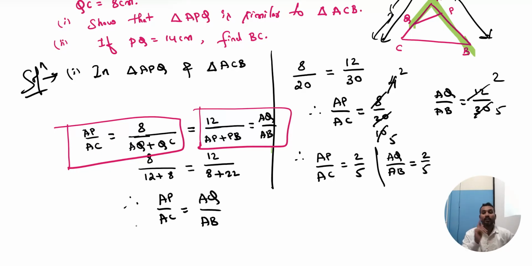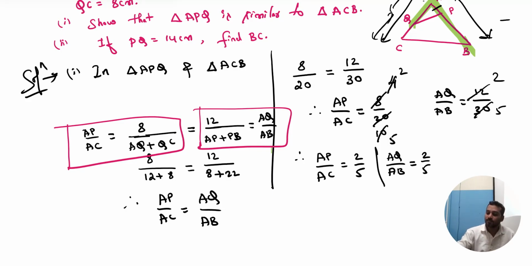Understood? What is the meaning of this? It is simple: whenever you start a problem, you can use this idea and try to solve it. I just gave the hint for you on how to start solving the problem. If not, you may not get a step on how to begin. Whenever you get this type of problem, first take AQ here and AB here, and AP here and AC here, and begin. Definitely you will get both ratios equal, don't worry. Now you have to show these two sides are proportional. Yes or no? Correct. Now which are the two sides in proportion? Can you tell me? AP single line